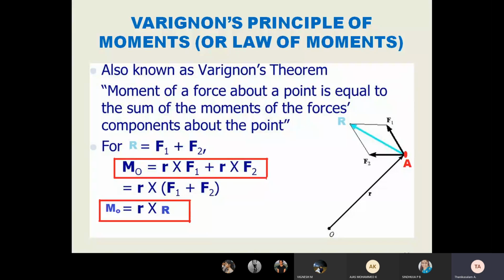Students, here at A, two forces F1 and F2 are acting. I replaced F1 and F2 with the resultant R. Now I am taking moment with respect to O. I previously told you, whenever taking moment, you always represent the reference point, here O. So I'm taking moment for the resultant force only. What is the moment? Force into distance. Therefore, capital R, the resultant, into small r, the distance. This resultant force moment equals the summation of individual force moments. See this equation. This is called Varignon's theorem.